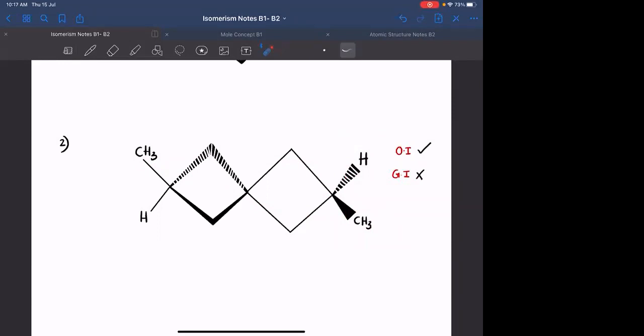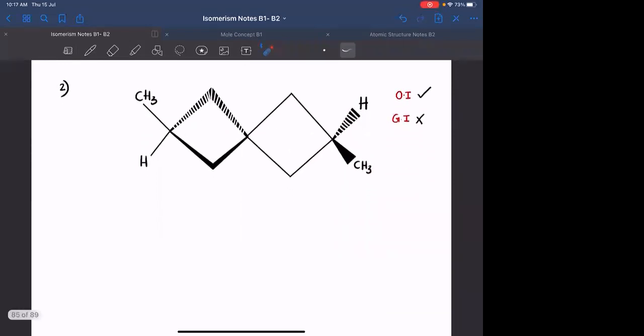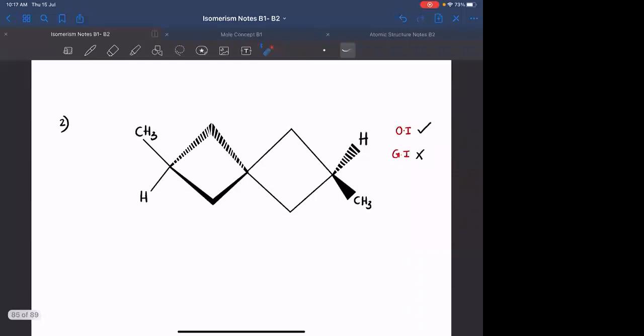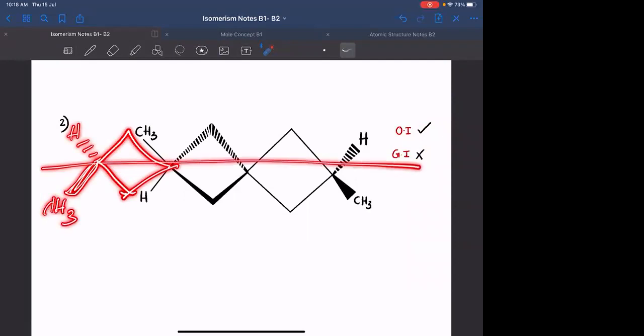Everyone, I hope that's clear. समझ में आया ना अभी? Okay. So third case में क्या हो जाएगा? When you have 3 rings. Whenever you are having 3 rings, optical isomerism फिर से नहीं होगा, geometrical isomerism होगा. Reason क्या है? Third ring आया तो again you will be having something like this. You will be having a hydrogen here. You will be having a CH3 here. Plane of symmetry रहेगा. समझा?